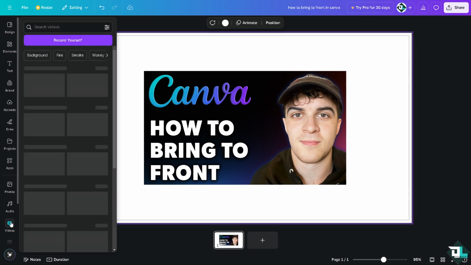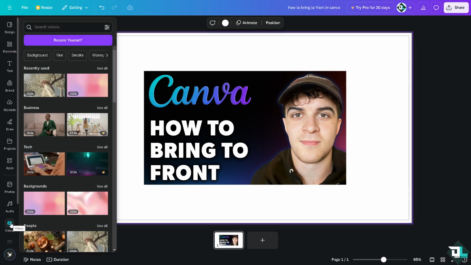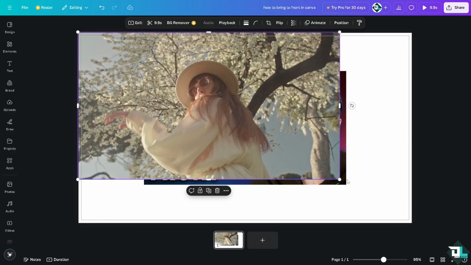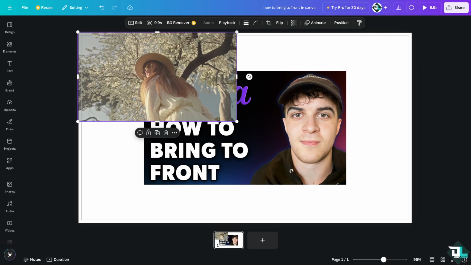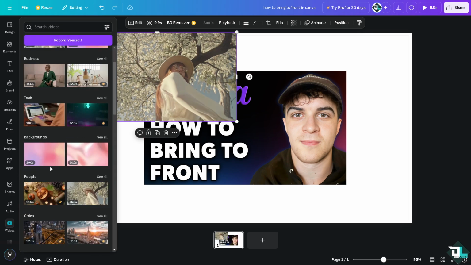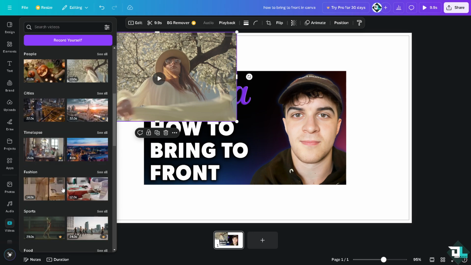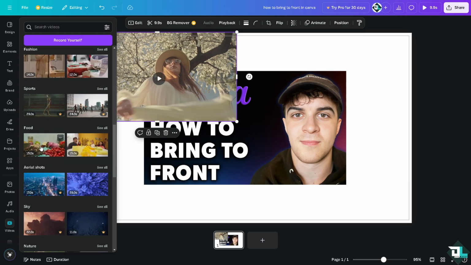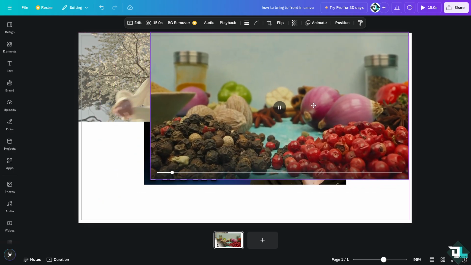For example, I'm going to add a video on the left side panel of my dashboard. Say I'm gonna add this dancing girl here, probably somewhere here. All right, or here, and then I'm going to add another video, maybe this one. Let's see. Probably this fur right here. I'm gonna put it here,